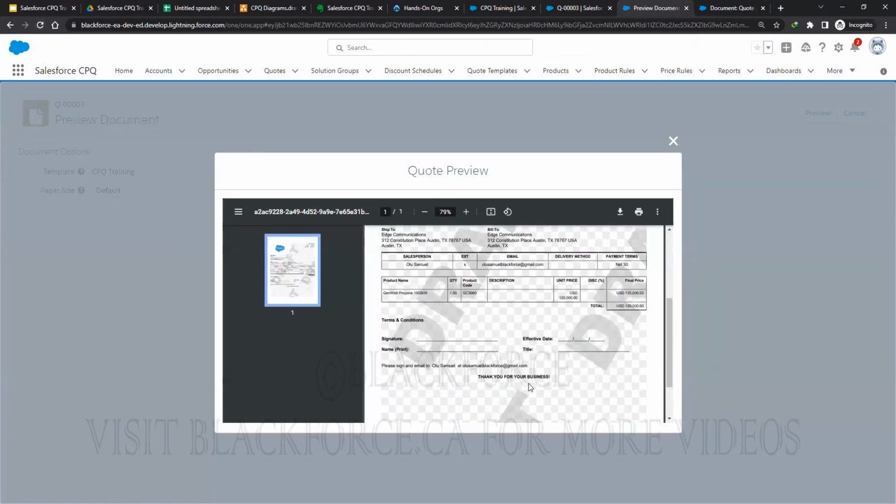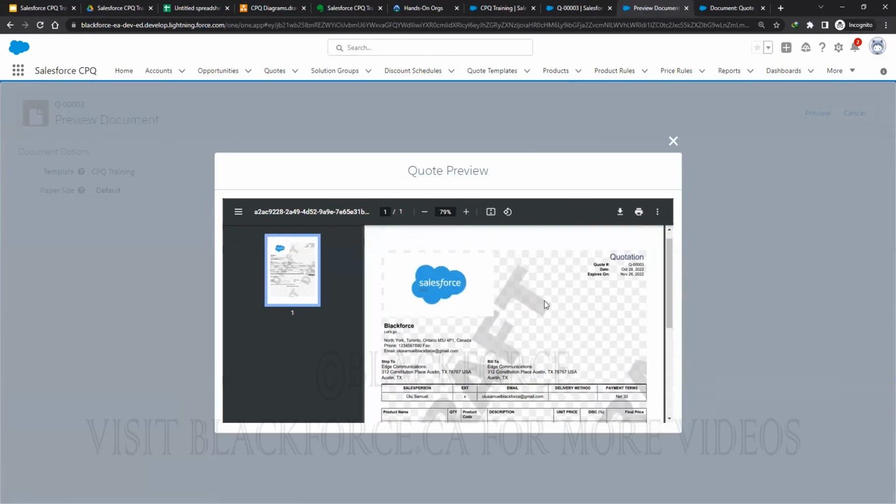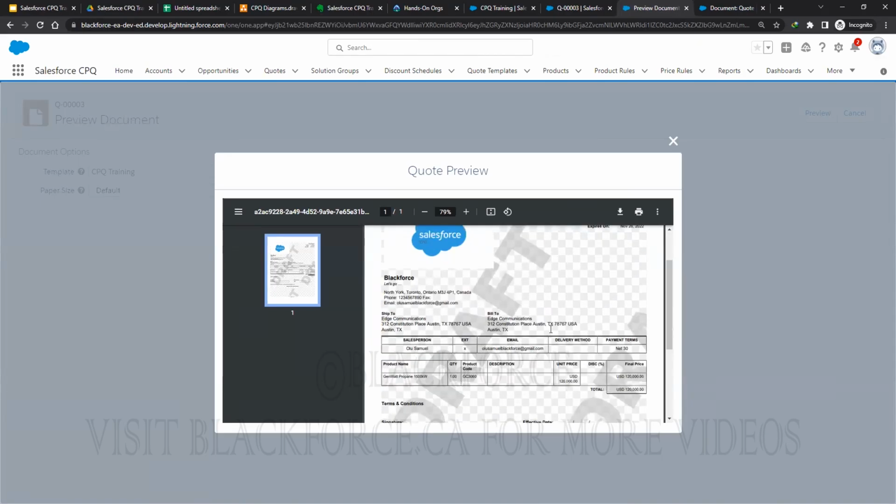So let's refresh one more time and see if that's going to come up. Can you guys see that? Did you see the changes? So now we have a watermark document and we have our logo, right? So in real time, you gotta make it nicer than this. I'm just trying to show you how to do this stuff, right? But in real time,